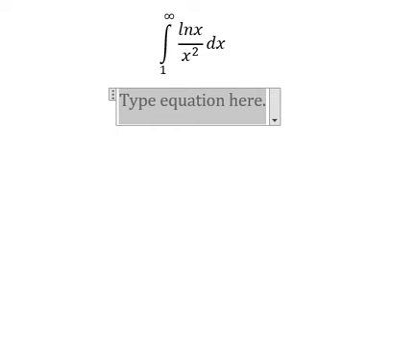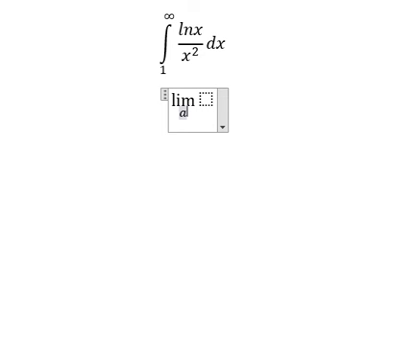Hello everybody, so today I will talk about calculus. The topic today is about integration. So now I will show you how to answer. We can put into the limit. So I approach to positive infinity